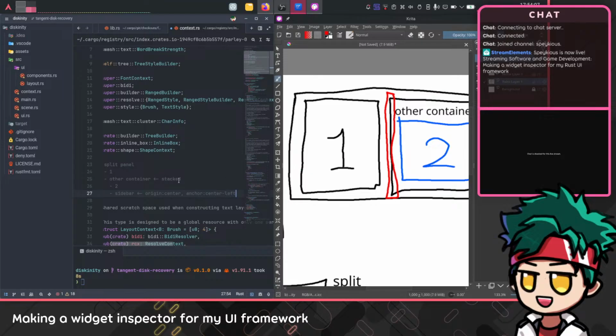So if I make this split the way I just said, I would have two containers split by a sidebar that I can control, and make sure that the sidebar is always drawn on top of everything else. So that's the approach that I'm gonna do today,